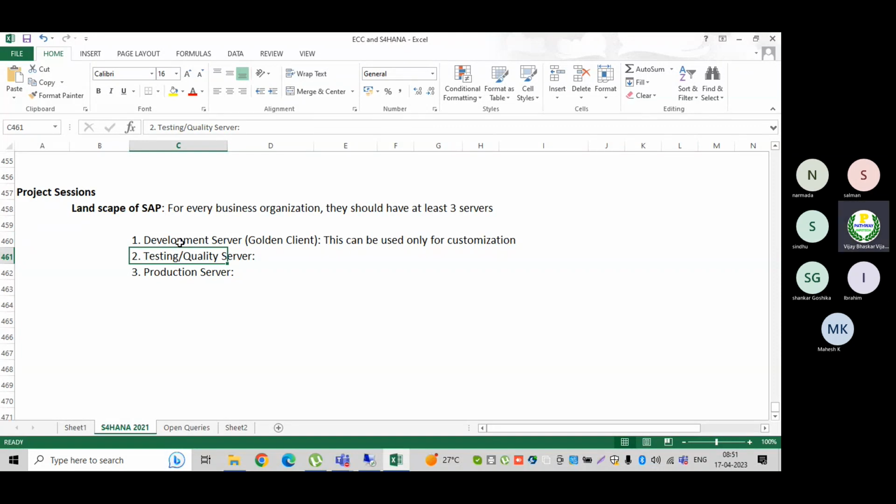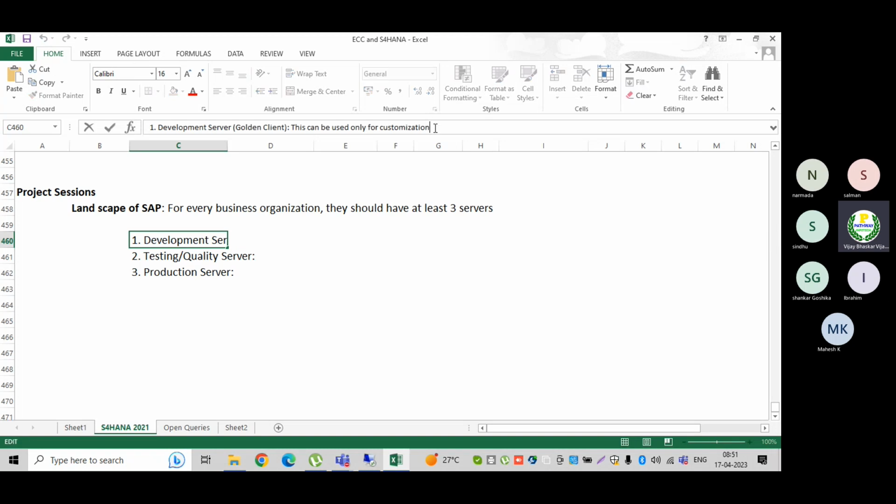So when I say the golden client, in this system customization, remember, we will not perform any testing.